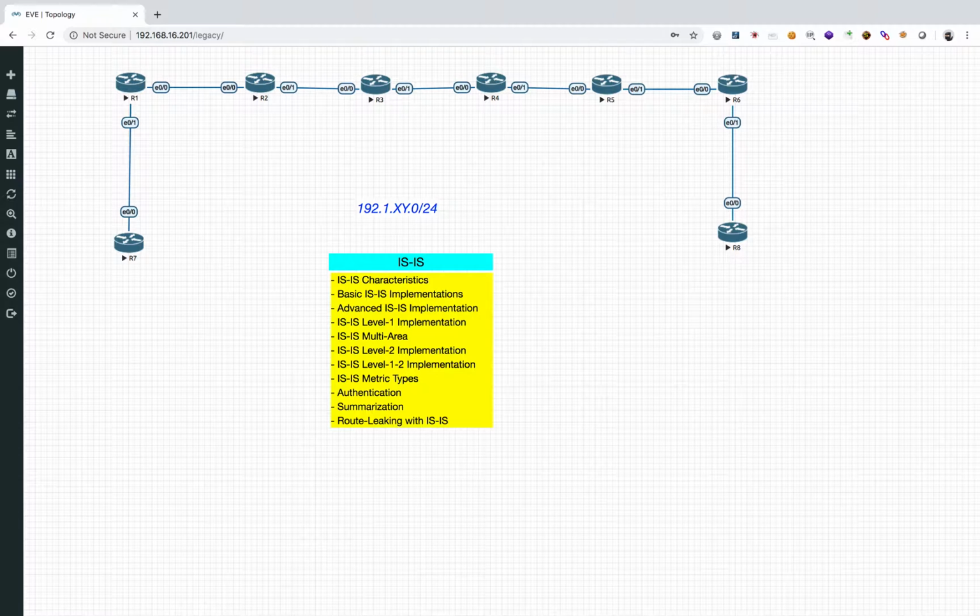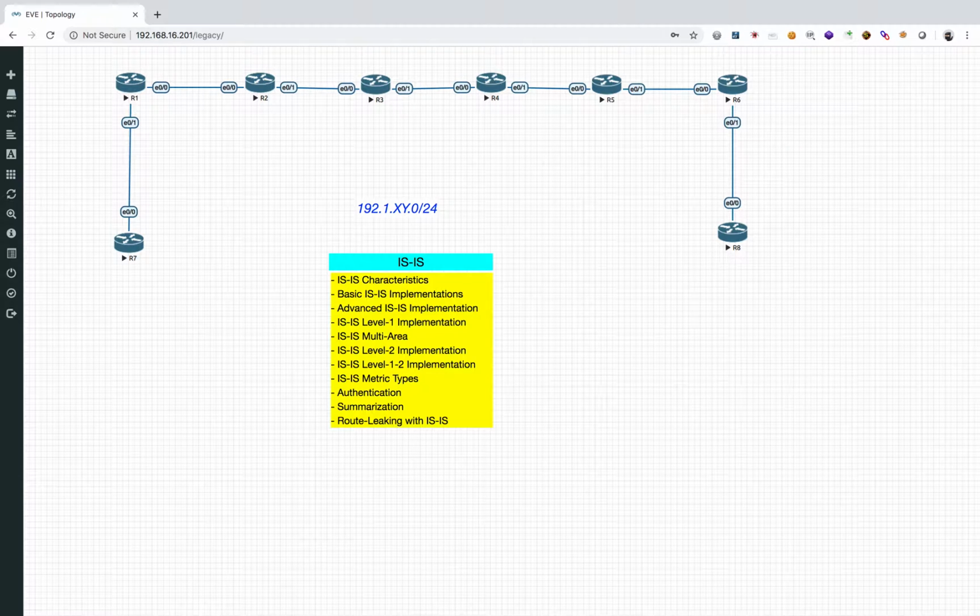It's a link state routing protocol, which is similar to OSPF. It forms neighbor adjacencies. It has areas. It exchanges the link state updates, builds a link state database as well, and runs the Dijkstra's shortest path first algorithm as well. Some history with ISIS, I would say back when OSPF and ISIS were being developed, IP